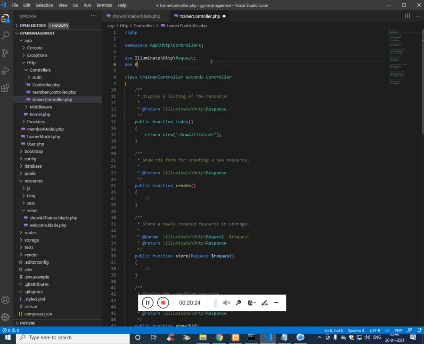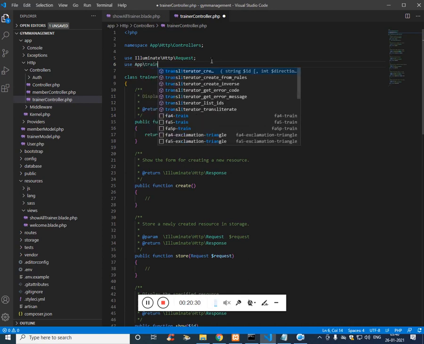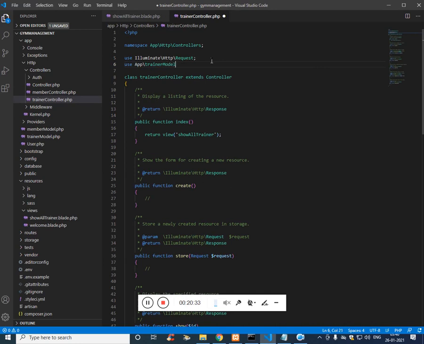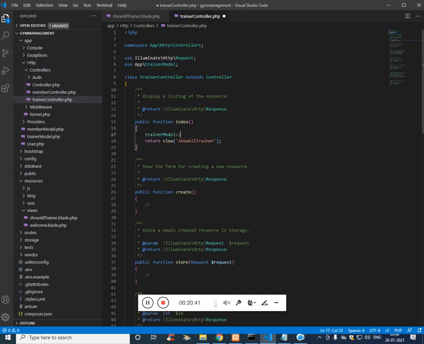Use App\, and the name of the model is TrainerModel, which is available in the app folder. Just call this, use the all facade and store it into a variable called trainer. Now pass this variable to the view with the with function.